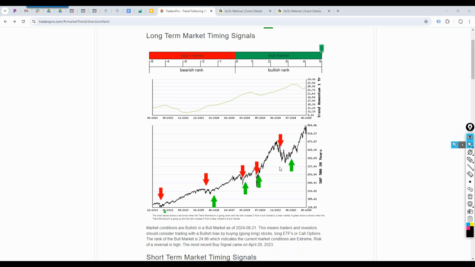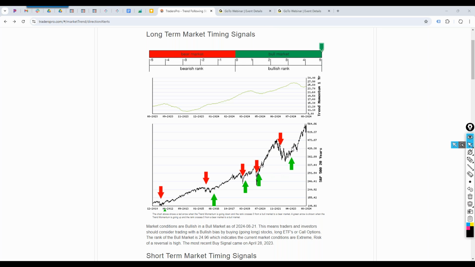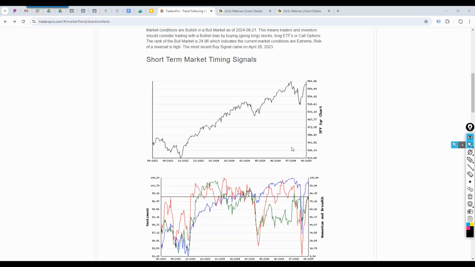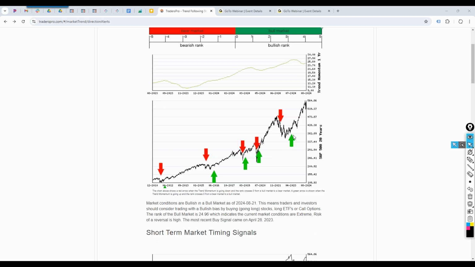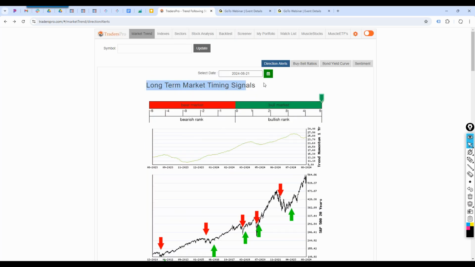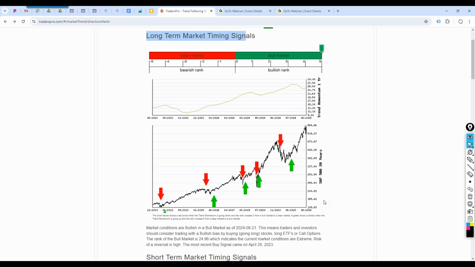Maybe I don't have quite as much in volatile assets. Maybe I have a little bit more, or a lot more, in cash, things that are not moving quite as aggressively. We'll talk about that a little bit more as well, but it's a very important factor when we're talking about this big picture.